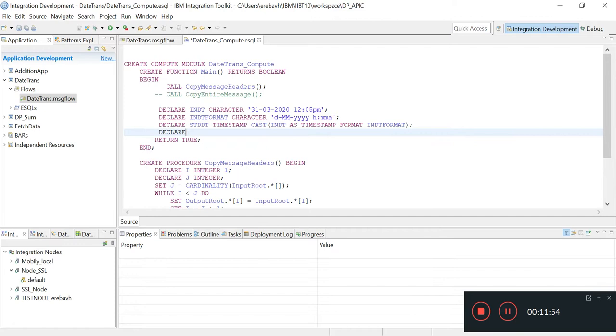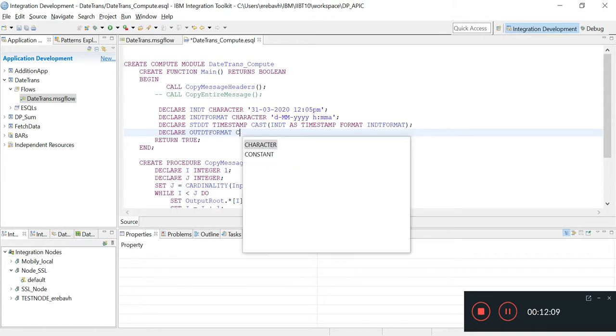Now I'm going to declare the output date format. So out date format, character.